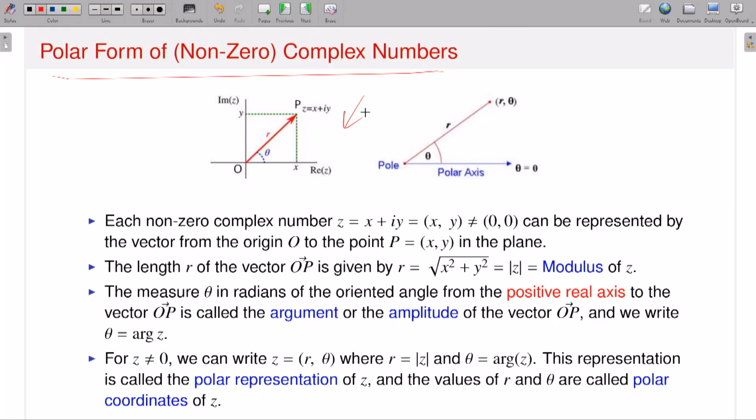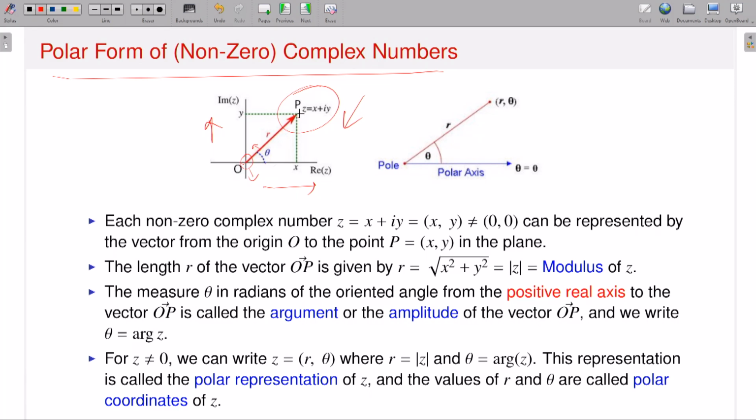Suppose this is my complex plane, this is the real axis, this is the imaginary axis, and suppose this is your complex number. Now each complex number I can represent as that point, instead of x comma y, as r comma theta. What is r? Suppose this is my point, r is the distance from the origin. Sometimes this is called the pole. And theta, what is theta? Once I have an origin and a point, I have a vector. Theta is the angle from your real axis, in the anticlockwise direction, to the vector